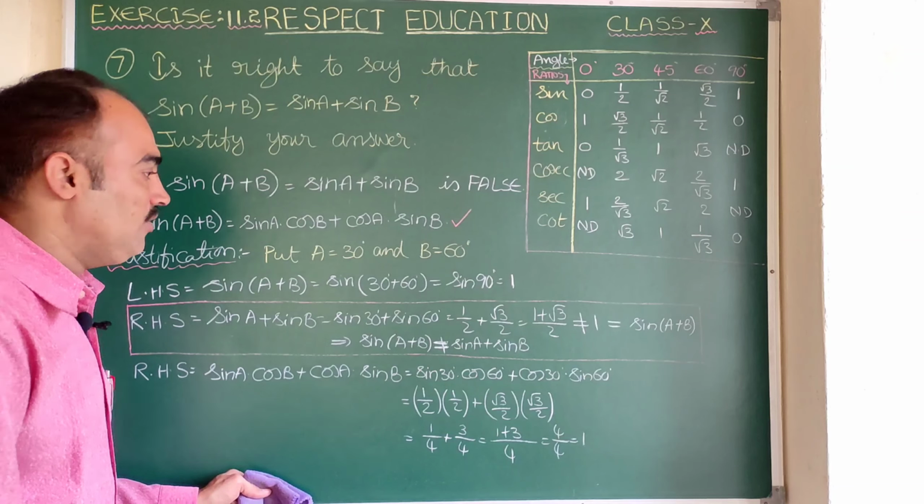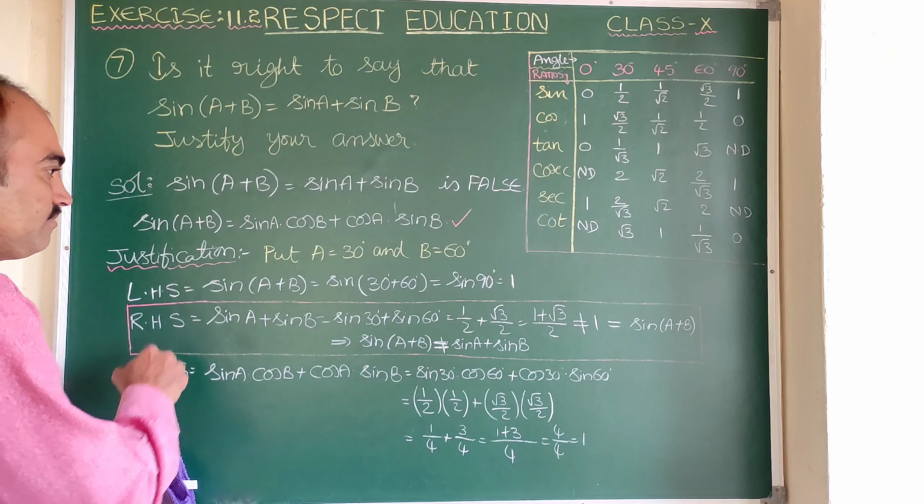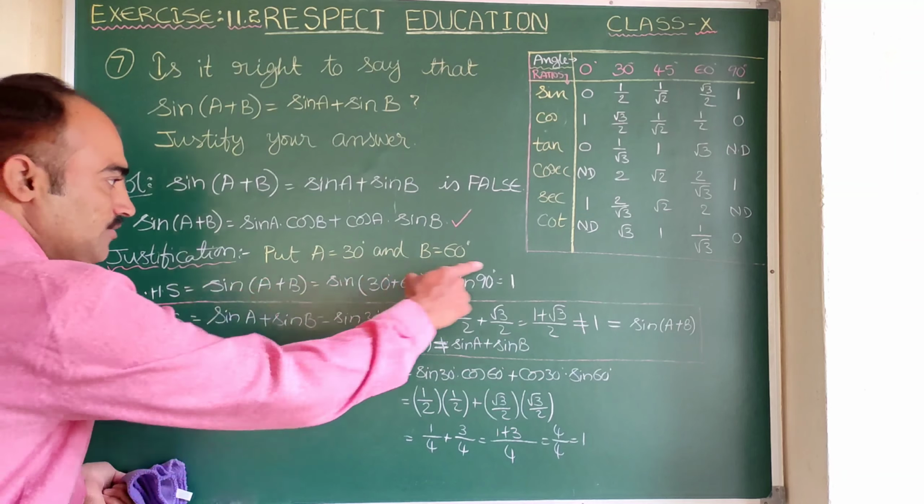Here you compare this LHS, that is 1, and this RHS, also 1. These two are equal. Is it clear to you? Yes, sir. Therefore, LHS is equal to RHS. In which case are they equal? Let us write that. Sine of A plus B is equal to which RHS is correct? This one: sine A into cos B plus cos A into sine B. This is the right formula for sine of A plus B. Is it clear? Yes, sir. Right.